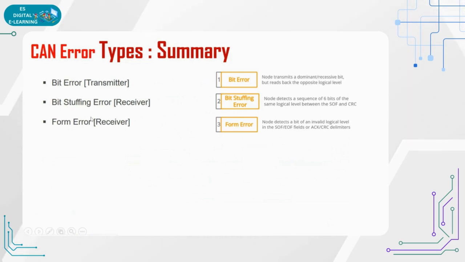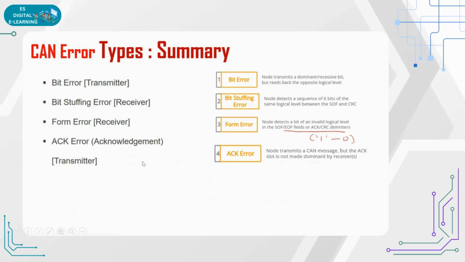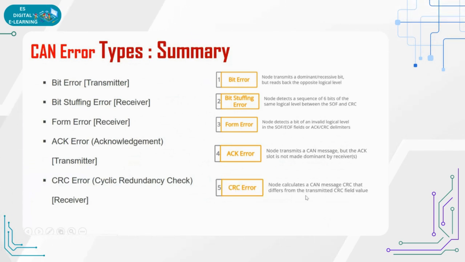Form error: the end of frame, acknowledgement delimiter and CRC delimiter should always be recessive. If any one of the bits is changed to 0, it is called a form error. Acknowledgement error will be identified by the transmitter end. If the transmitter is not able to receive the acknowledgement from the receiver, then we get the acknowledgement error. And CRC error, cyclic redundancy check. Whenever the transmitter message and receive